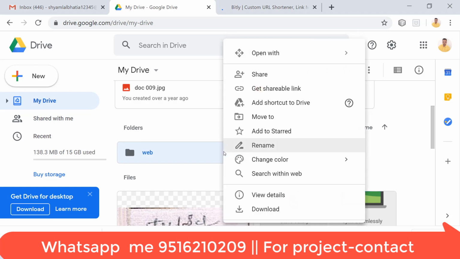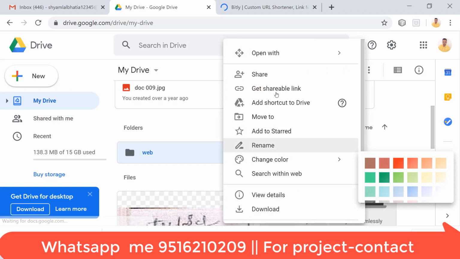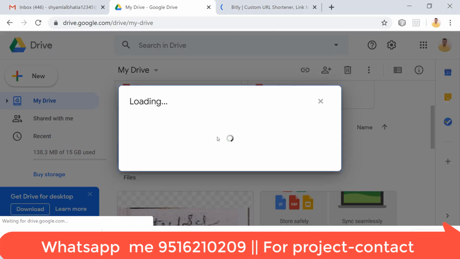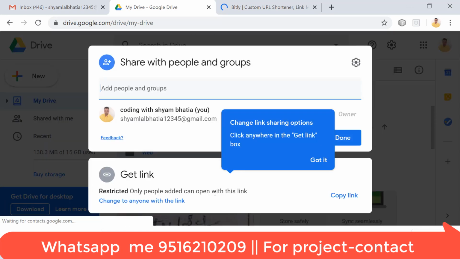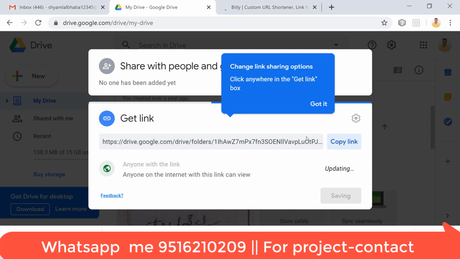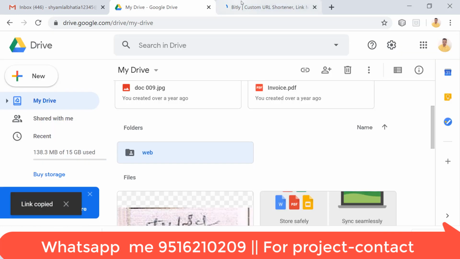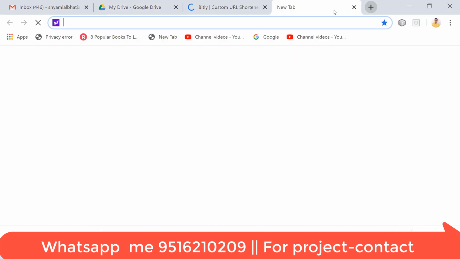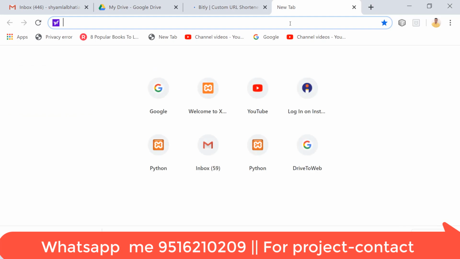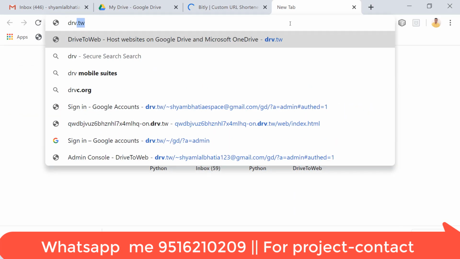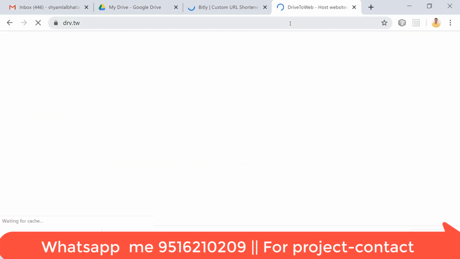and make it shareable. Go to Share, and here just copy the URL. If you want to change this URL you can, and if you do not want to change it, just copy the link, and done. Copy it, open a new tab, and here type drv.to,